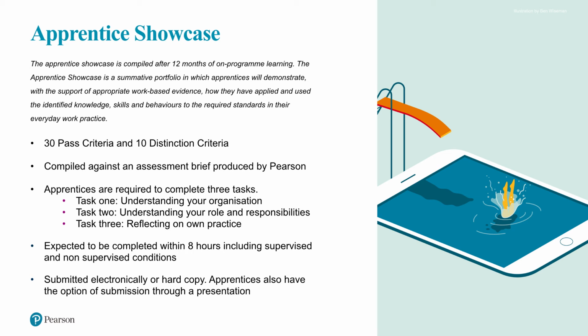a presentation. What we mean there is, if your apprentice is a great apprentice, because I'm sure they are, but are also fabulous at articulating their point and getting their point across, it may be advantageous to them that they do a presentation to the endpoint assessor. However, another example, if your apprentice is not as competent at face-to-face presentations, they may want to submit their apprentice showcase virtually or electronically. So what we're saying there is please use the apprentice showcase and the method to the advantage of the apprentice to get the best out of what they can produce.